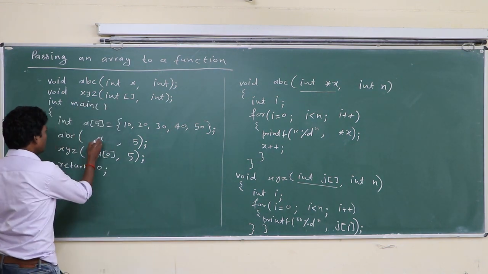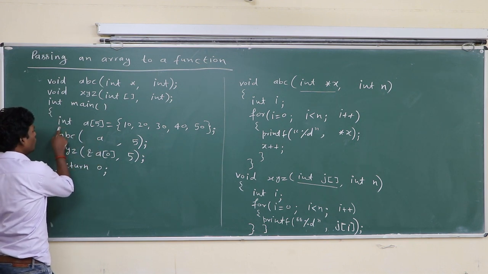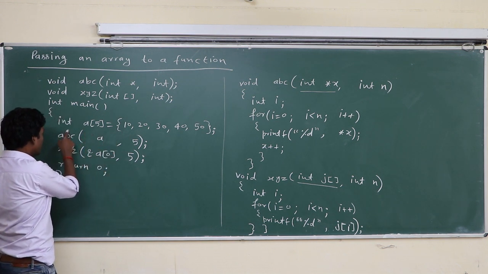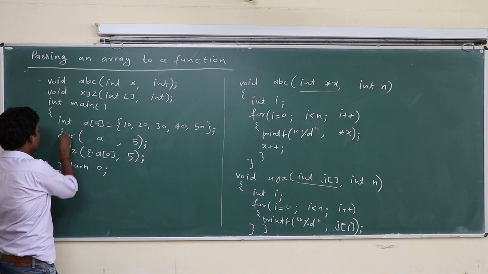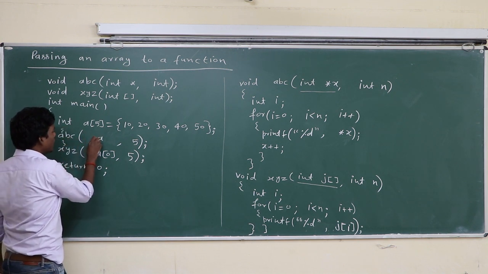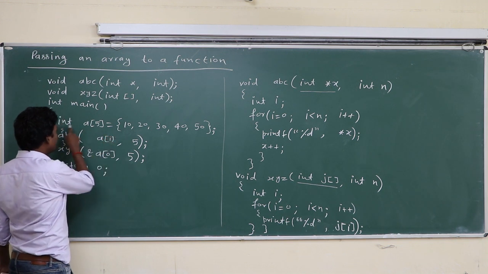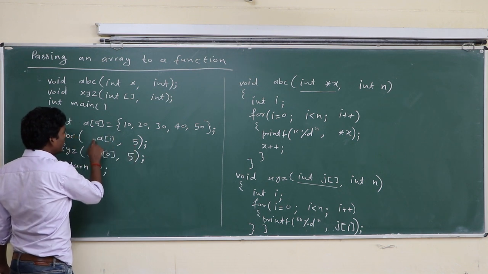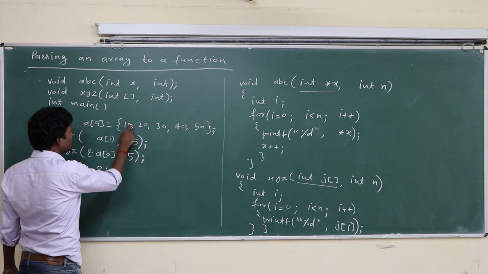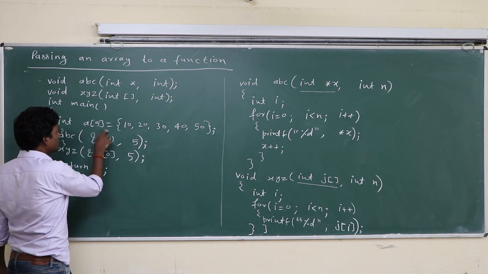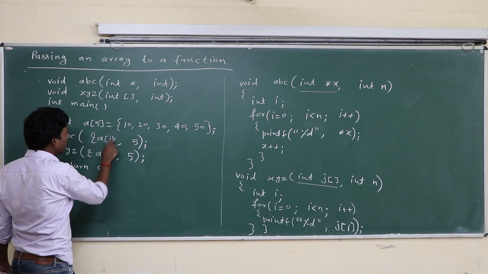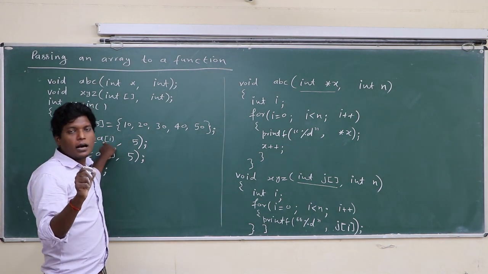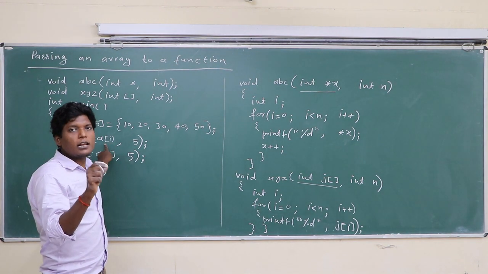For example, you can write here a loop: for i equal to 0, i is less than 5, i plus plus. Here in this loop you write ABC, and here write A of i. Okay, if there is a for loop, here A of i, here is a 5. So here a value is supplied. If you write this, then first the address of A of i is supplied. So in this case, class, elements of the array, or you can say the address of particular elements, are supplied.